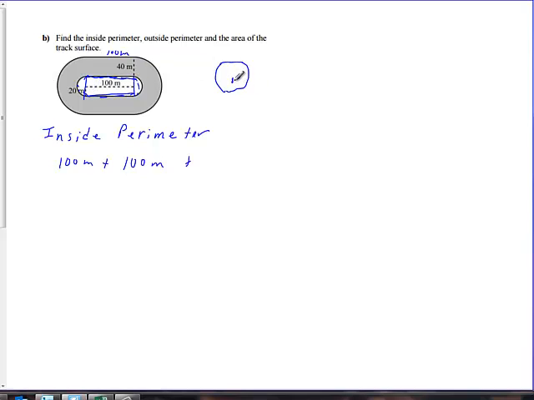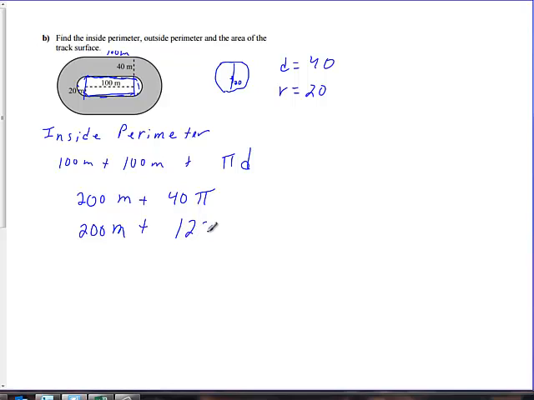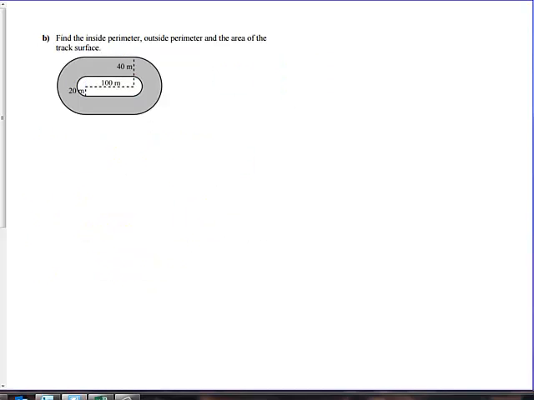Now it's showing the radius of this circle as being 20. So if the radius is 20, the diameter is going to be equal to 40. We can use the formula pi times diameter. So to find that perimeter, we have 200 meters plus 40 times pi. 40 pi is equal to 125.7. So we have 200 meters plus 125.7 meters. My perimeter is equal to 325.7 meters. To find the outside perimeter, again, we have 100 meters on the top, 100 meters on the bottom,